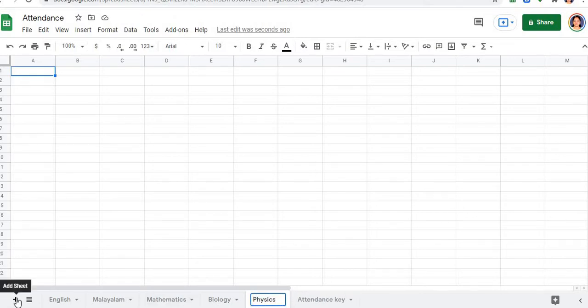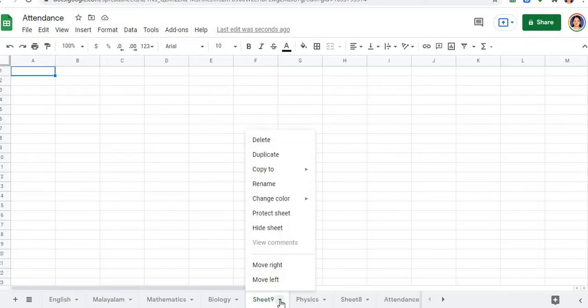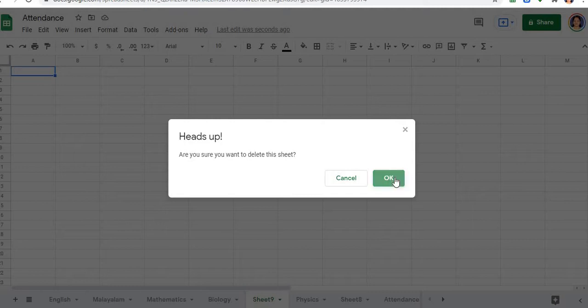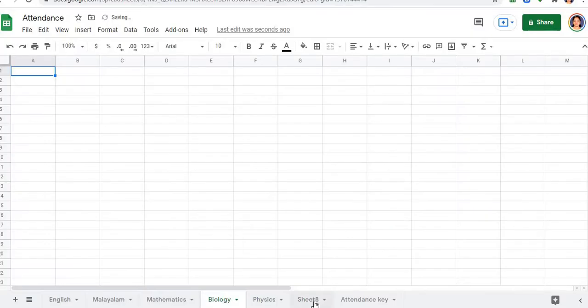Keeping this highlighted, you have to press the plus sign. Only then will it come beside it, or else it will come where the page is highlighted. For example, if I have highlighted biology and then pressed the plus sign, you can see the next sheet coming just beside it. If we don't need that page, you can click the drop down and click delete, and that particular page will go off. Now this I'll make into chemistry.